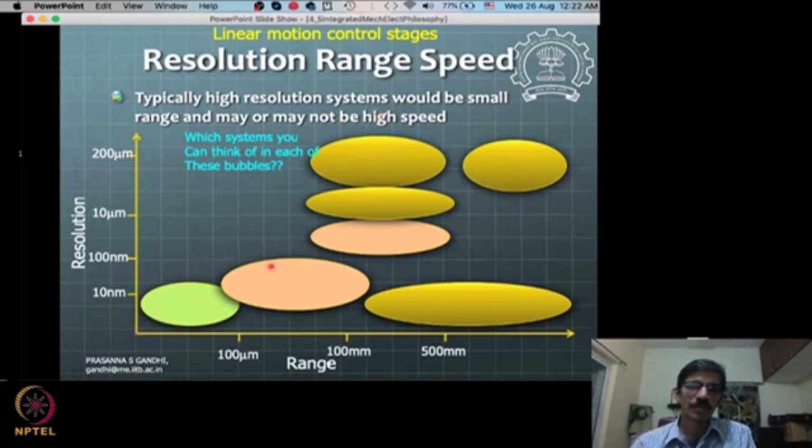So systems will typically move along some kind of one axis up here, the central axis here, and only some special systems will have the requirement of both together. And this is an interesting area. Nowadays, with the advances in nanotechnology and microtechnology, this area is getting more and more explored for interesting research applications.